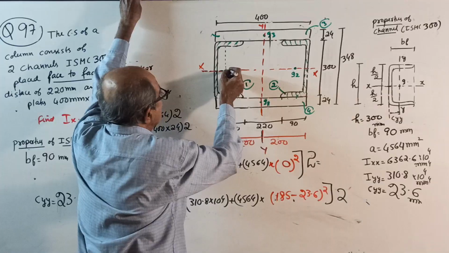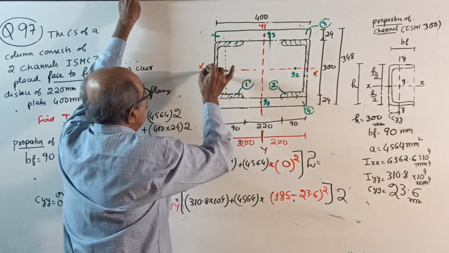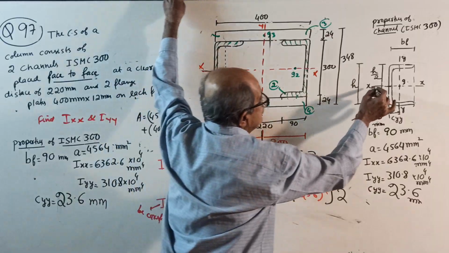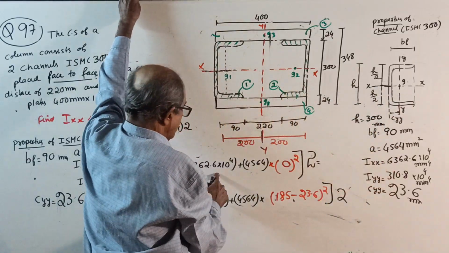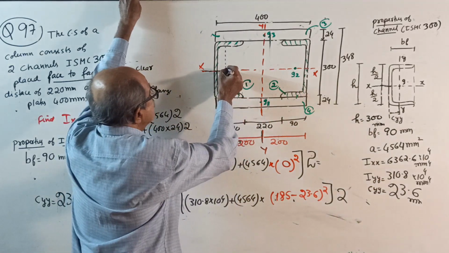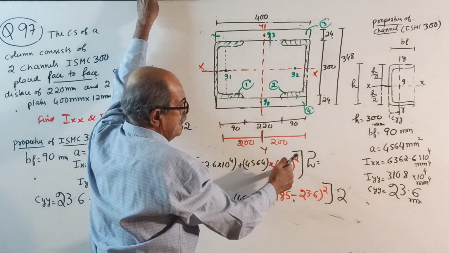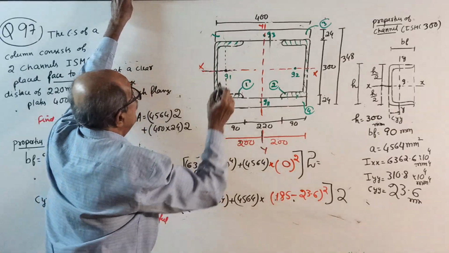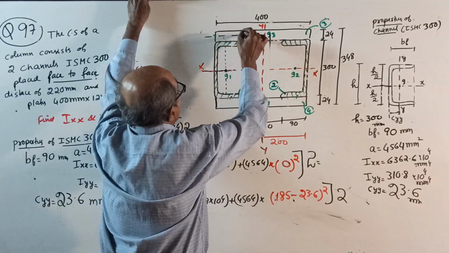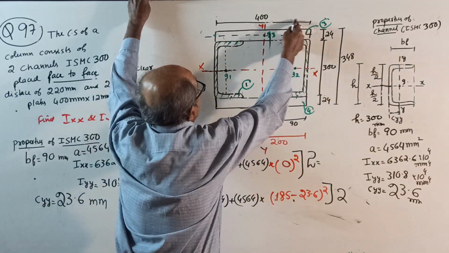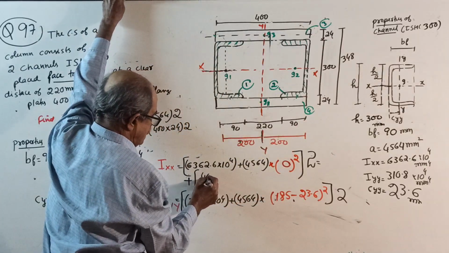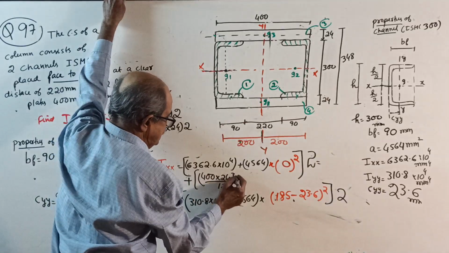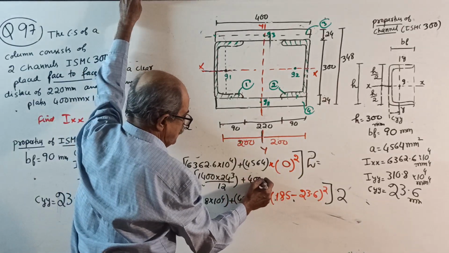Now I about x-axis. Come to one channel. Same repetition. I about its own centroidal axis, parallel to x-axis, same axis. This I is 63.62 into 10 to the power 4, plus area into centroid lies in x-axis, 0 square, into 2 will take care of the other channel. Now plus I about its own centroidal axis of the plate: 400 into 24 cube divided by 12 is Ig, plus 400 into 24 is the area